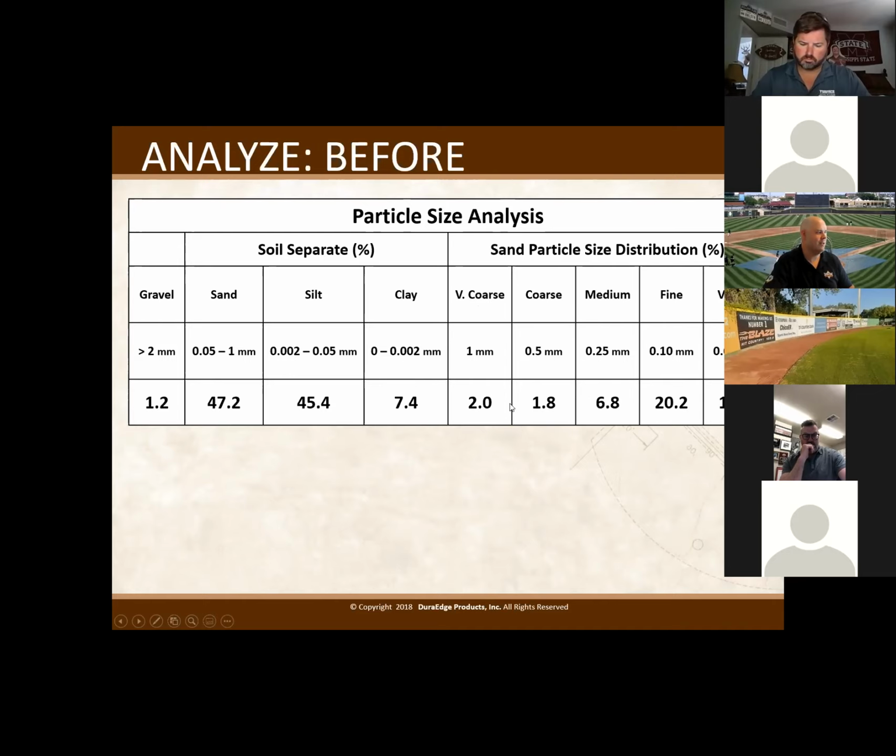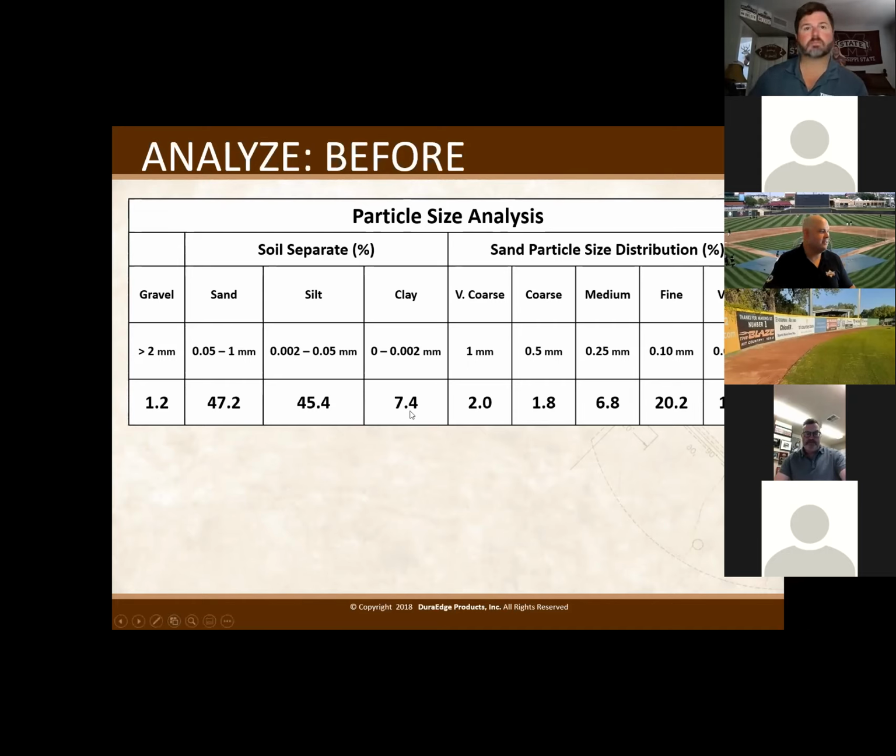We want this number to be right around 45 to 50%. As you can see, this particular field is far from that, and it has fine and very fine sand particles, which leads to a whole lot of other issues with the playing surface.